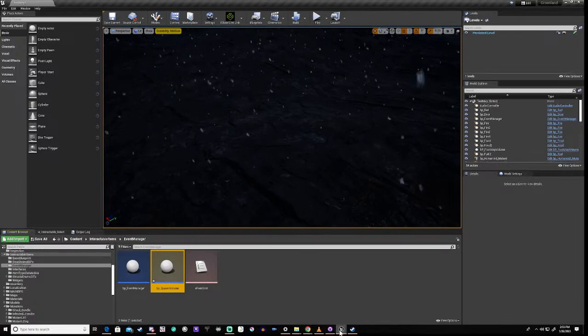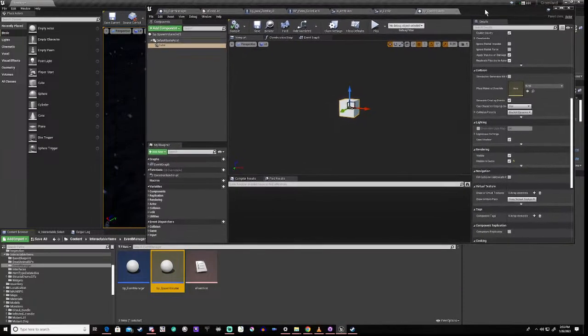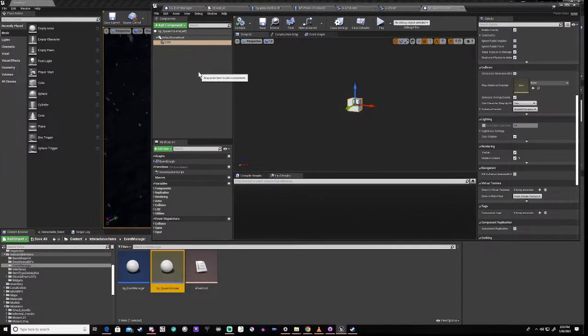I'm probably going to have to compile it before we do anything. Right. This is just to stop me having to do a bajillion line traces,